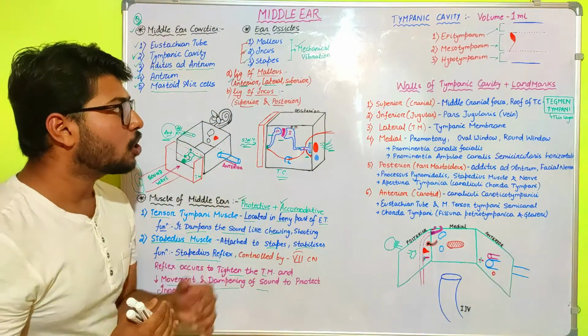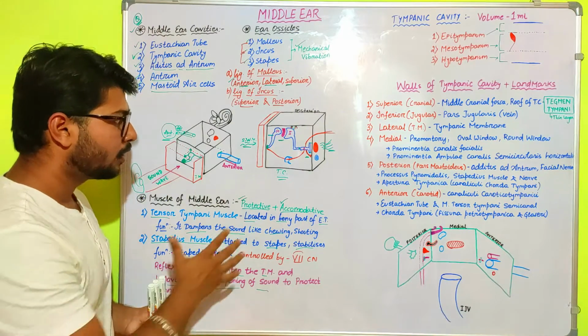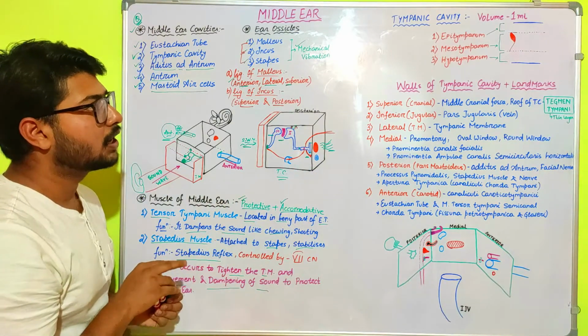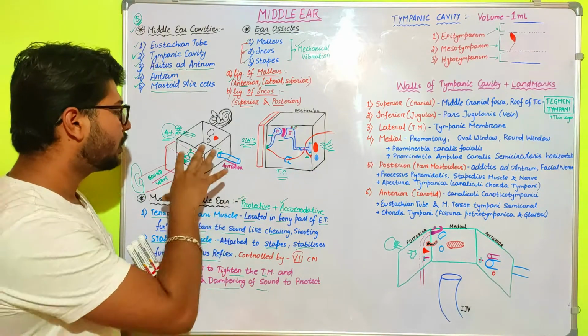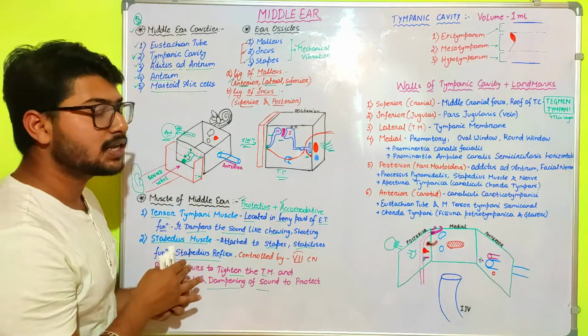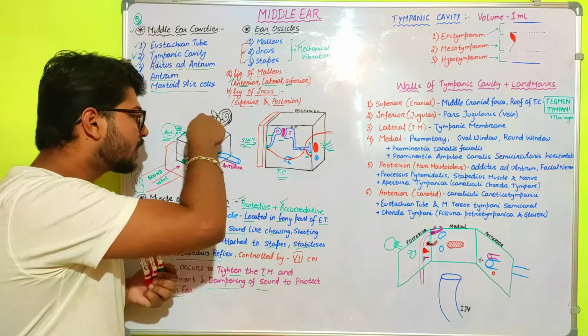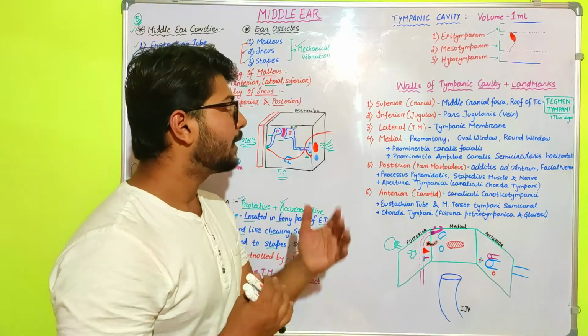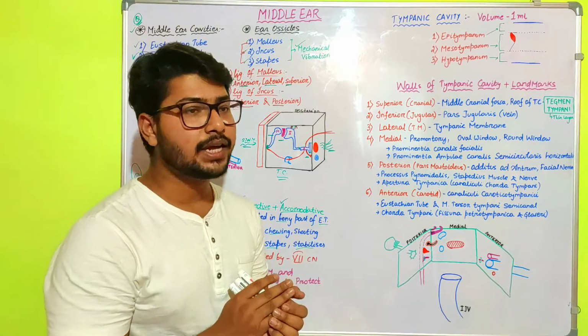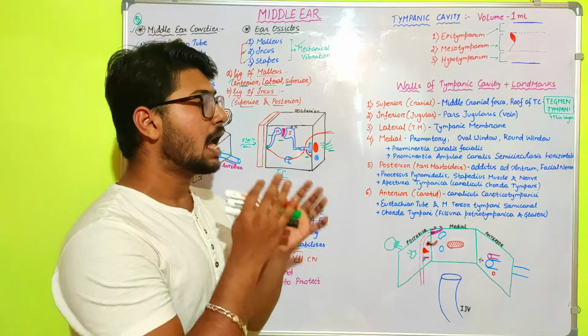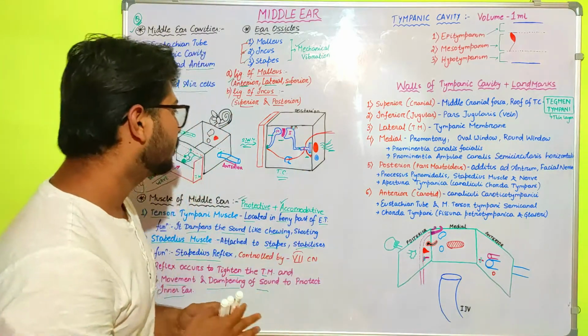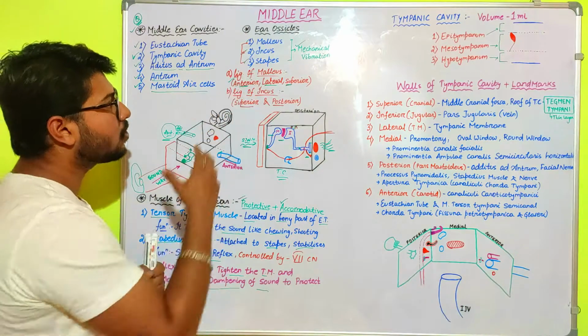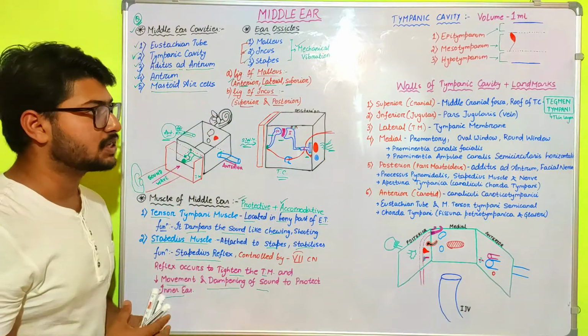Okay, now let's talk about the tympanic cavity. This is the tympanic cavity that we know all about its contents. Now let's learn about the landmarks surrounding the tympanic cavity. So now let's talk about the tympanic cavity. The tympanic cavity is the air-filled cavity that contains these ear ossicles, ligaments and muscles.